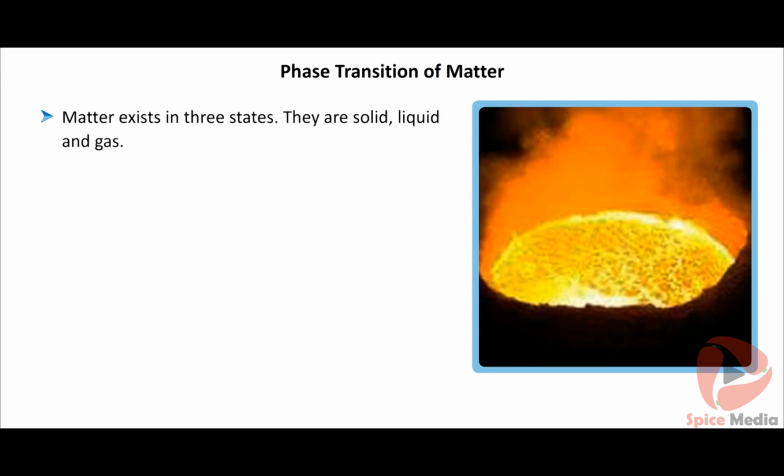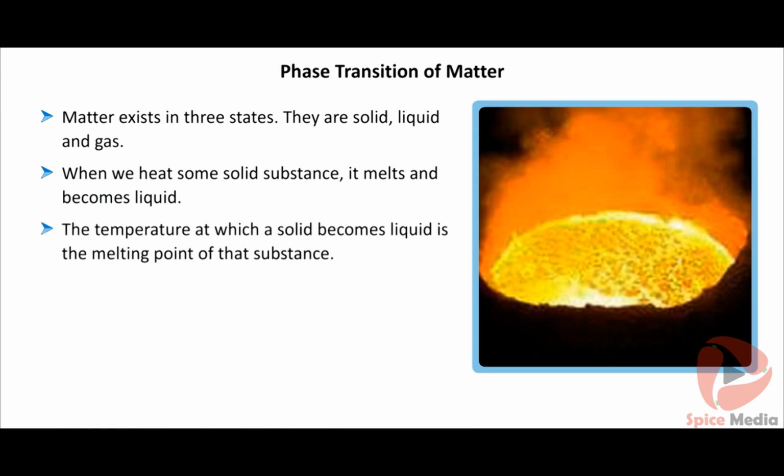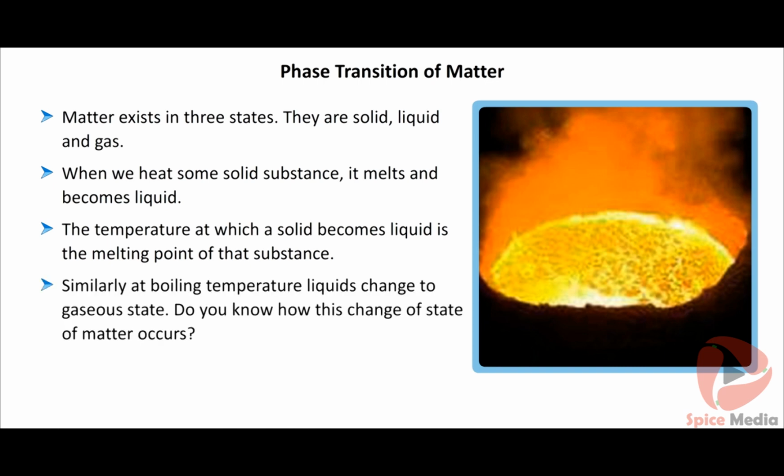We know matter exists in 3 states. They are solid, liquid and gas. When we heat some solid substance, it melts and becomes liquid. The temperature at which a solid becomes liquid is the melting point of that substance. Similarly, at boiling temperature, liquids change to gaseous state. Do you know how this change of state of matter occurs? In the following slides, we will learn more about the transition of matter from one state to the other by